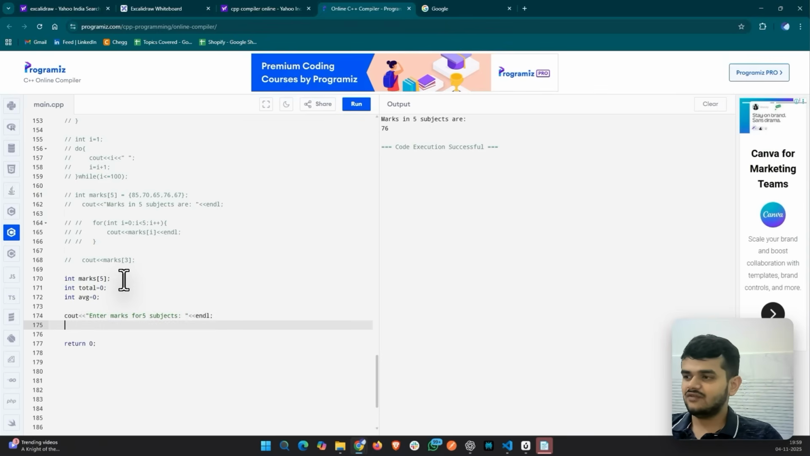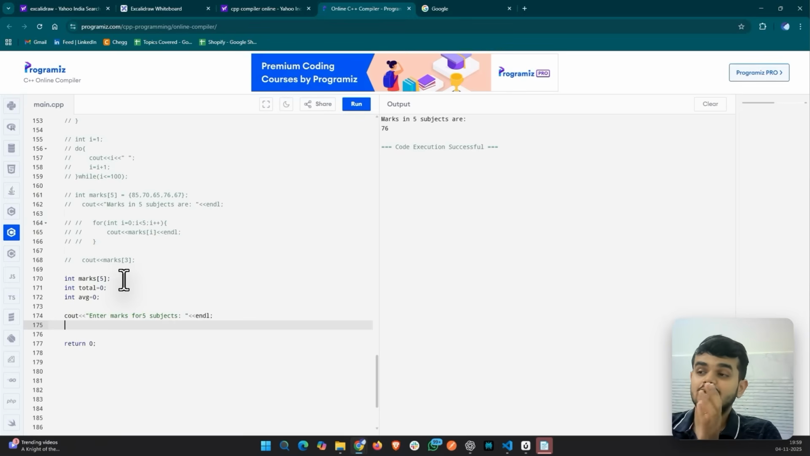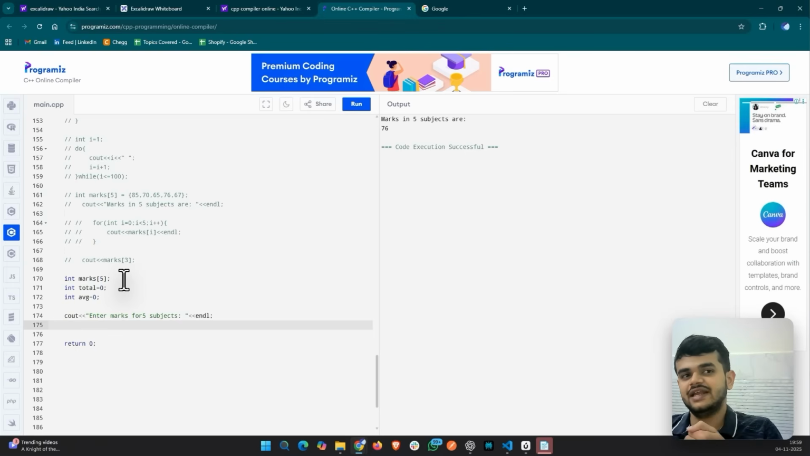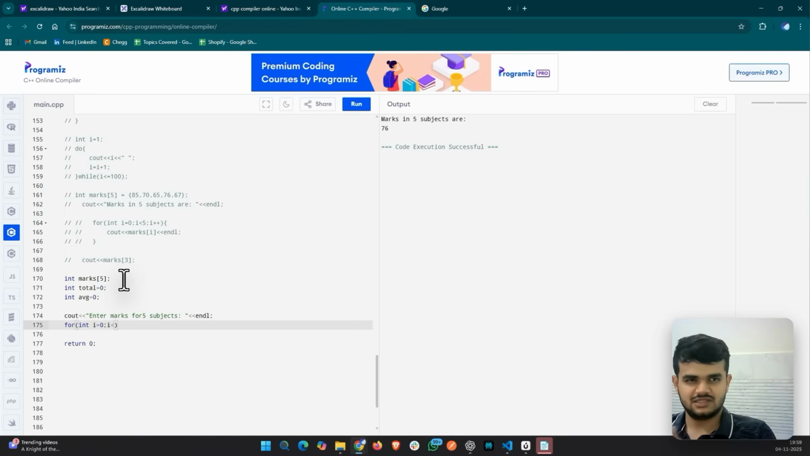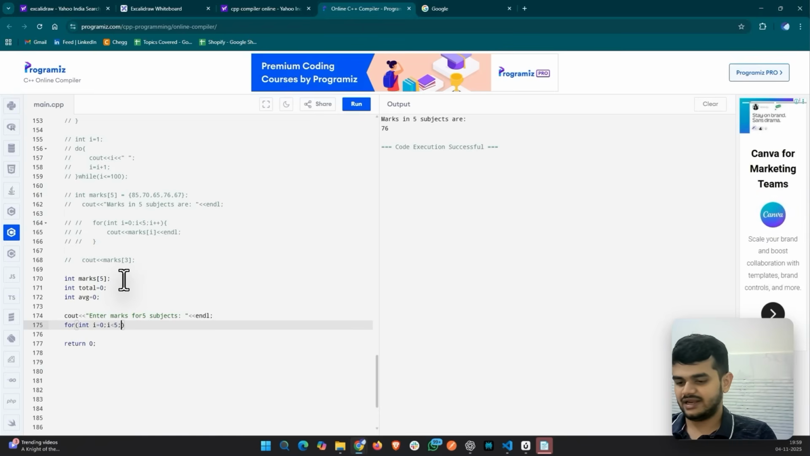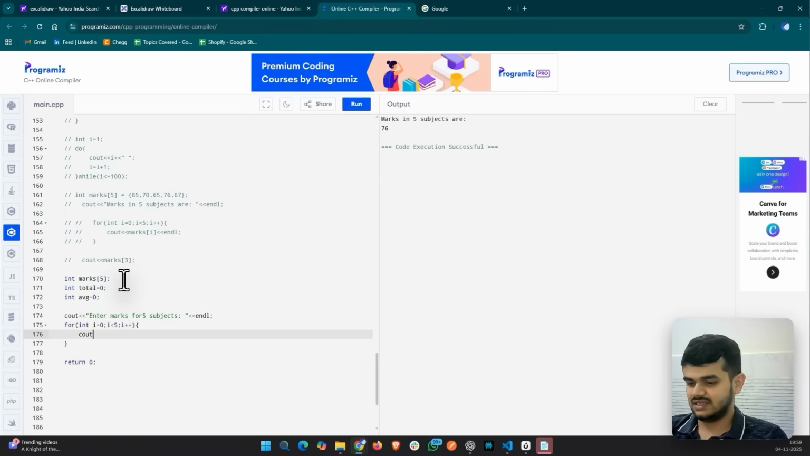Now once we have it, I need to enter the marks one by one, right? Since we have an array, for each index we have to store marks. So we'll have to loop so that we are at each index and can store the marks. I can say something like for int i equals 0, i less than 5, because that's the size, and i plus plus. Now for each and every index, I'll say cout